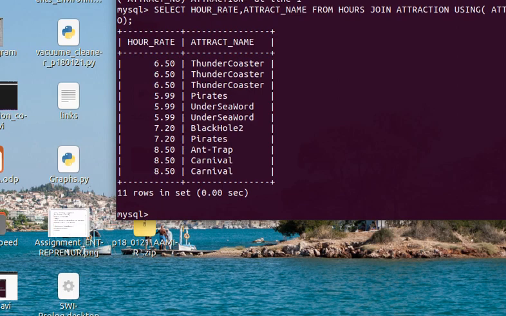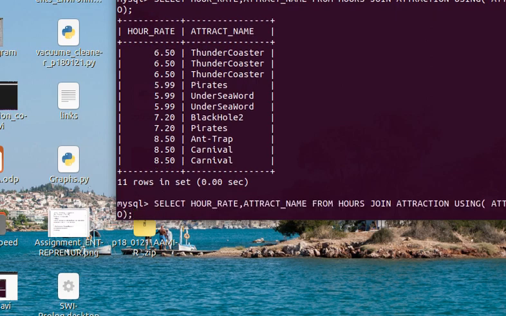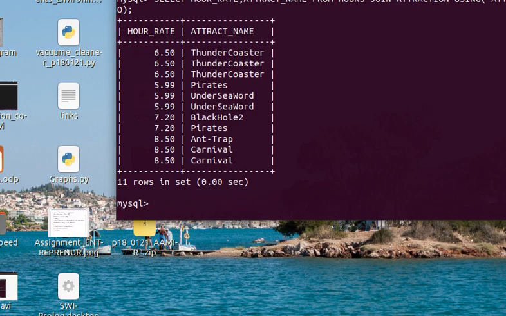So here is another method of joining. In this method, as you can see, we joined this with the attraction number. So now let's join three tables together. So let's check how this works.